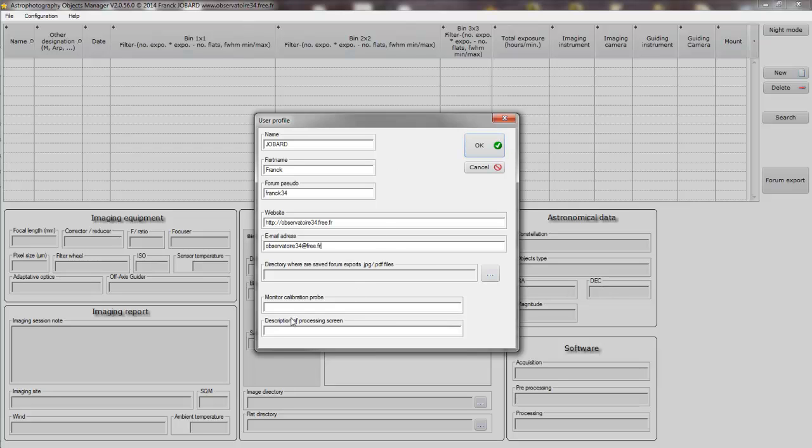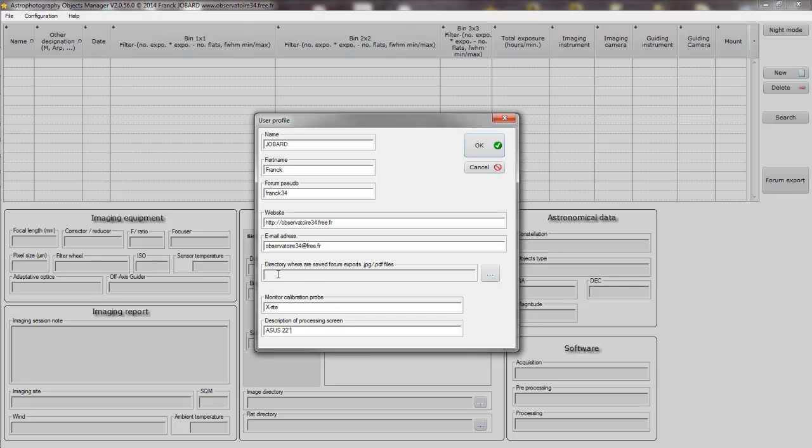Okay, the monitor calibration probe. Monitor calibration probe says X-Rite, for example, processing screen, like this, and